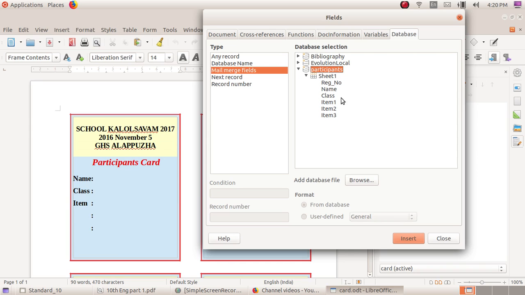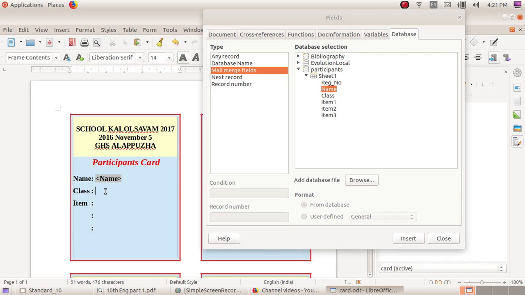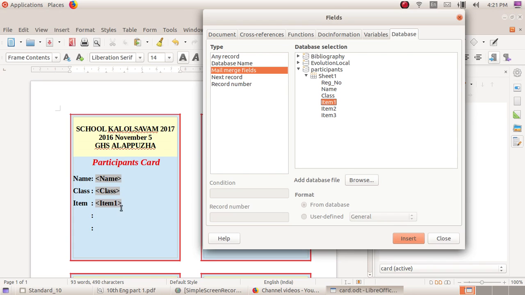Double click on name, then place the cursor on class, and add class, item 1, item 2, item 3.